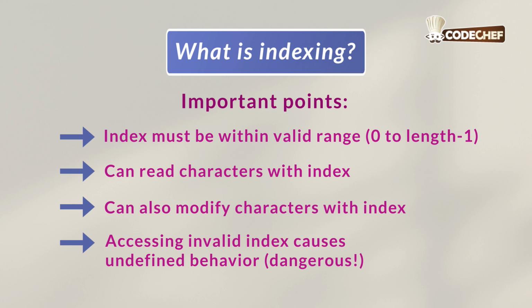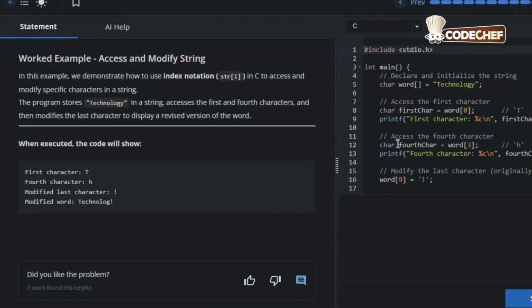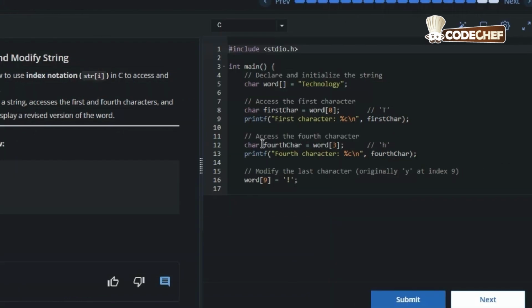So now let's see an example for the same. Let's see this example that works with the word technology. Here we have included our standard library and our main setup. Now here we initialize with the word technology. Now let's map out the indices of the word. As you can see, the index for the letters starts with T with index 0, E 1, to Y being index 9, and the null terminator index 10. There are a total of 11 slots, 10 letters and 1 null terminator.